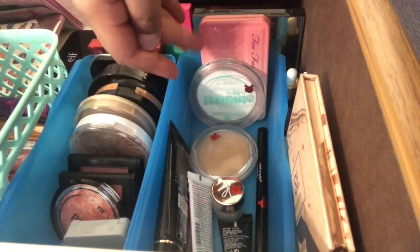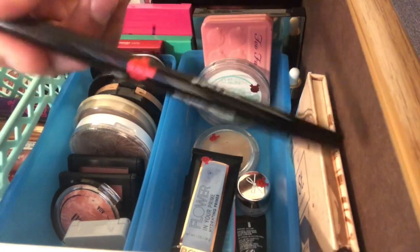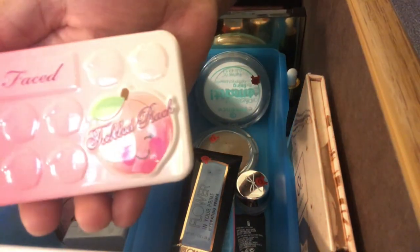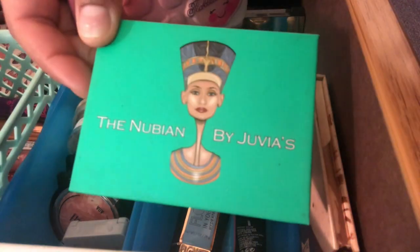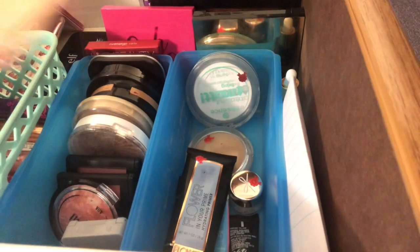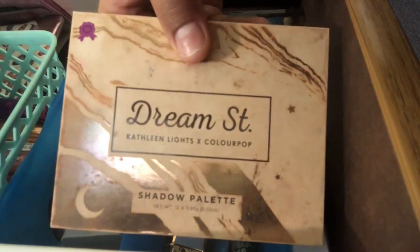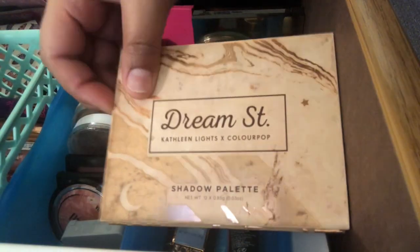Like I said, I'm going to try to use as many Project Pan products as I can. I'm going to pull this brow pencil from Wet n Wild, this Too Faced Tickled Peach, my Nubian by Juvia's. And then I haven't made that video yet, but I will be making it right after this one. But this is the Dream Sheet ColourPop palette. This is actually my Pan That palette for